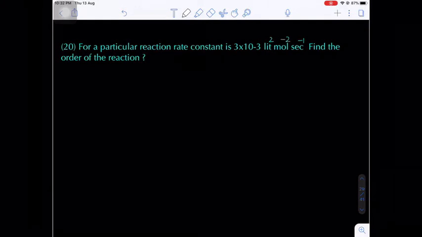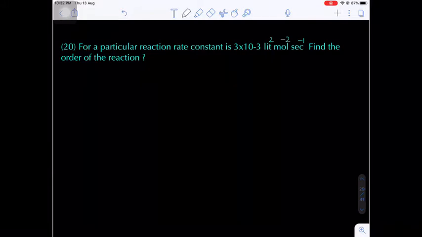We know the order of a reaction is an experimental quantity. The sum of the powers or exponents of the concentration terms of a rate expression is called the order of a reaction. The exponents of the rate of a reaction are experimentally calculated. So how can we calculate the exponents of the concentration terms of the rate of a reaction? Nothing but the order of a reaction.